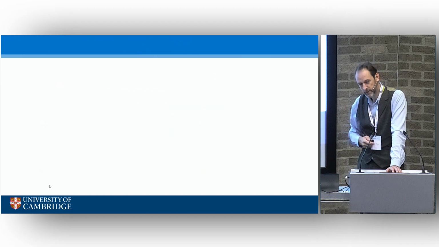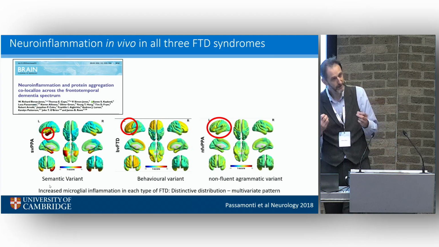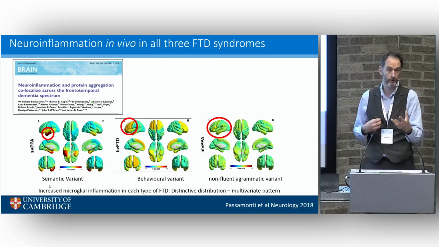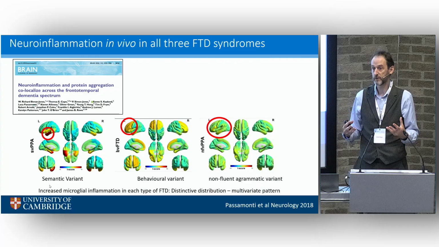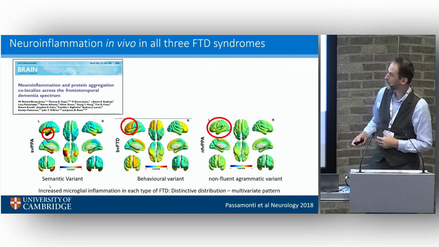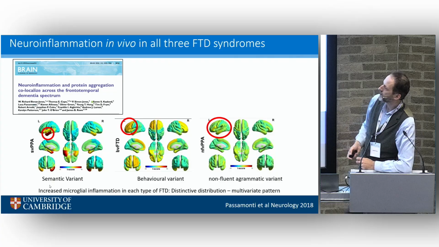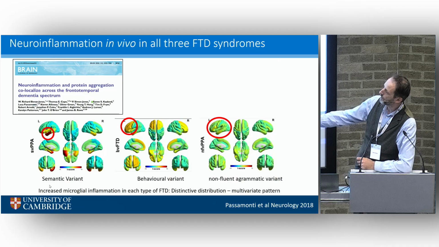So let's see if we can do the same sort of structure and same thinking with frontotemporal dementia. And the answer, not surprisingly, is yes. But remember I said there were 3 types of frontotemporal dementia, a behavioral variant, a semantic variant, and a non-fluent variant. They have different topologies of disease across the brain. Some are more frontal, some are more temporal. But when we use the PK PET imaging, we see increased signal in a way that corresponds to the burden of disease. So semantic variant on the right here, your temporal pole, particularly on the left, but bilaterally,